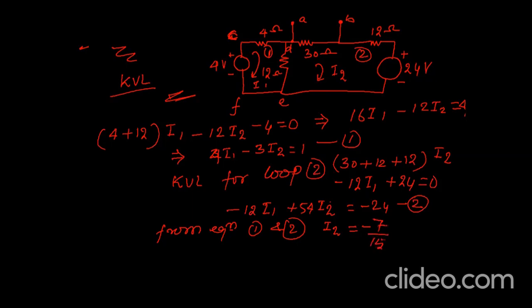We can check very easily. It is not a difficult task. 2 equations, 2 unknowns, you can solve. I2 is minus 7 by 15. It means the I2 is not flowing in this direction. It is flowing in this direction. Negative sign only indicates that. So VAB, voltage across AB magnitude, I'm going to write,